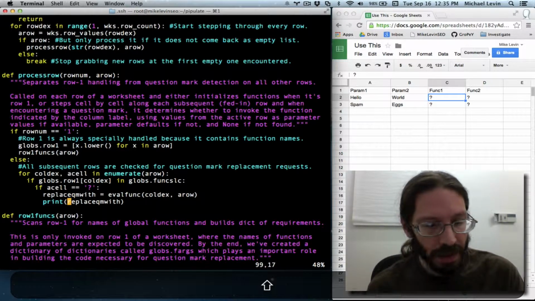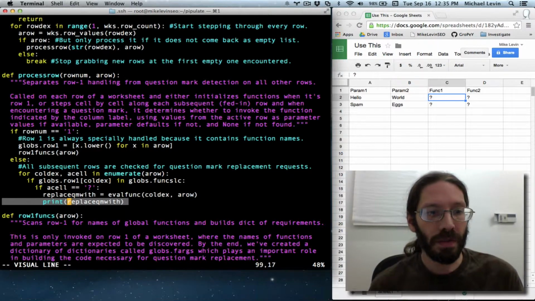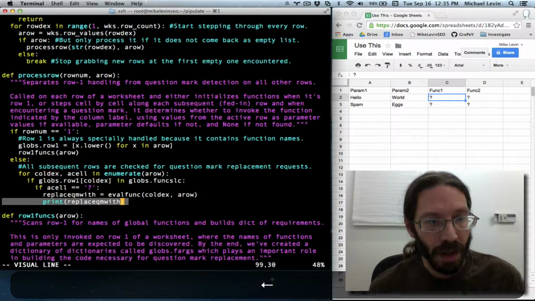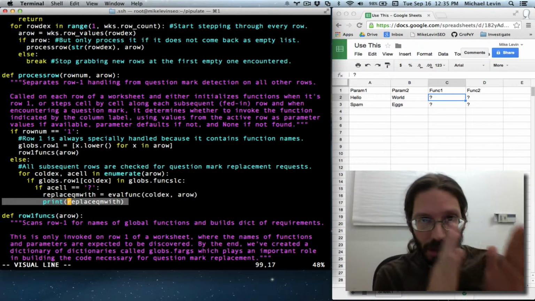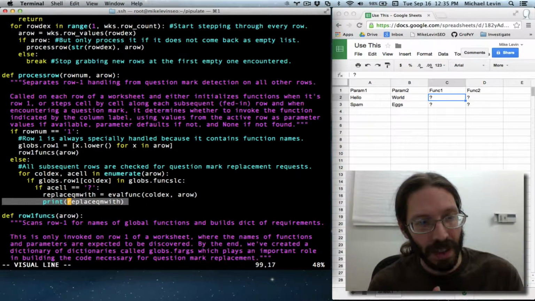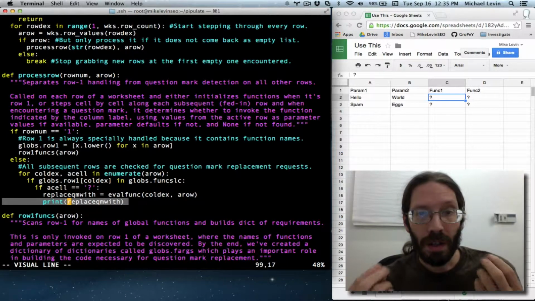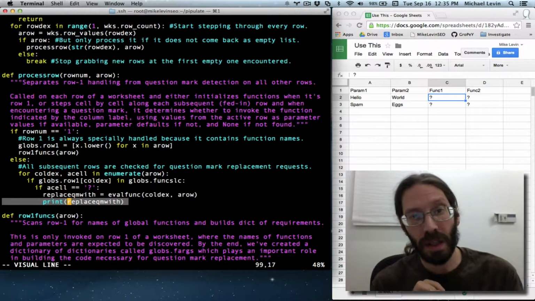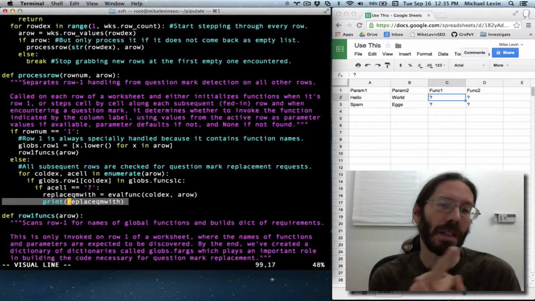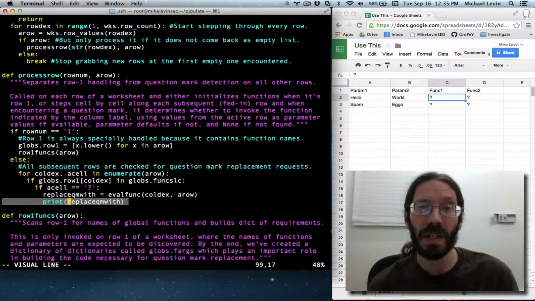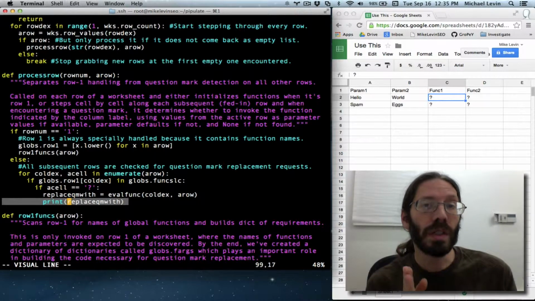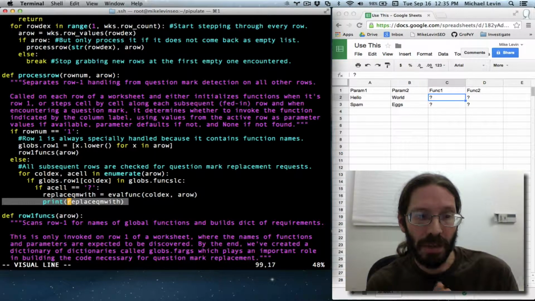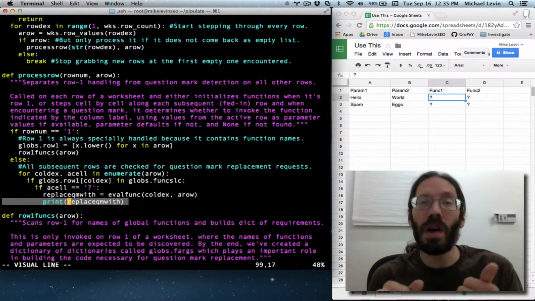So you'll see this is where we're sitting on top of the value that the question mark that we're looking at gets replaced with, and that's for a particular cell. So we're walking down a row, processing cell by cell. Each time we find a question mark, we have the value that the question mark can be replaced with. Now we can immediately try and replace the question mark in the spreadsheet for each cell we encounter, or we can do the question mark replacement on the row in memory and then return the entire row up to the